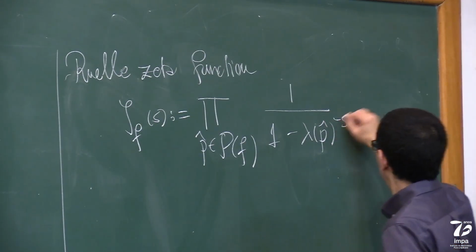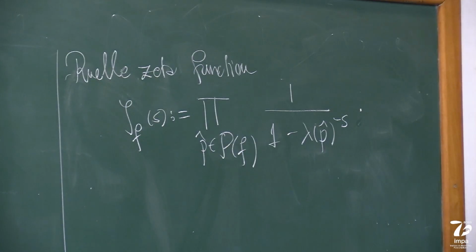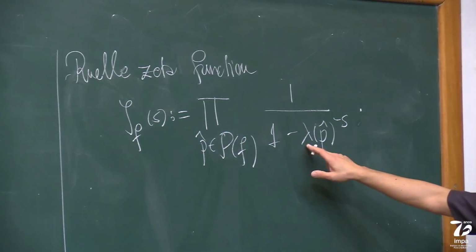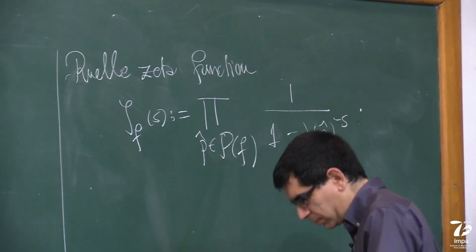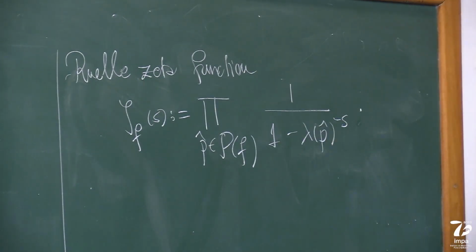If you take the Euler product for the Riemann zeta function, you just replace the prime number by the size of the periodic orbit, and then you have the Ruelle zeta function. And Ruelle proved several things about this. So for example,